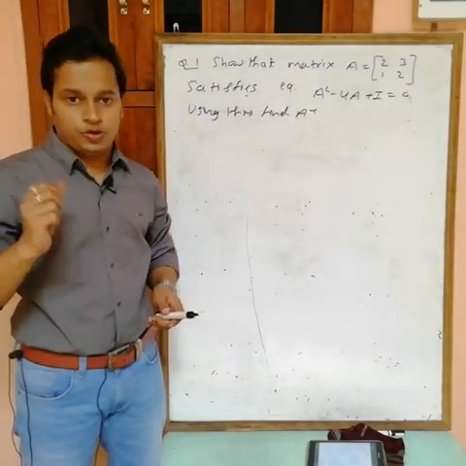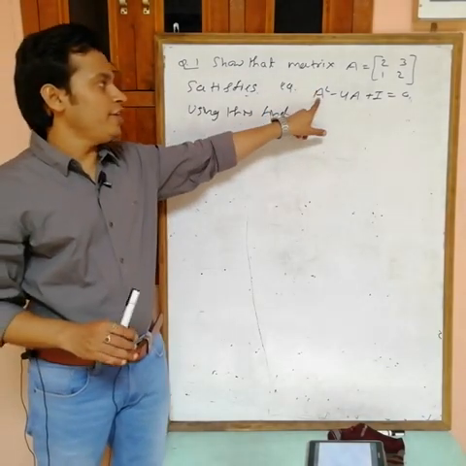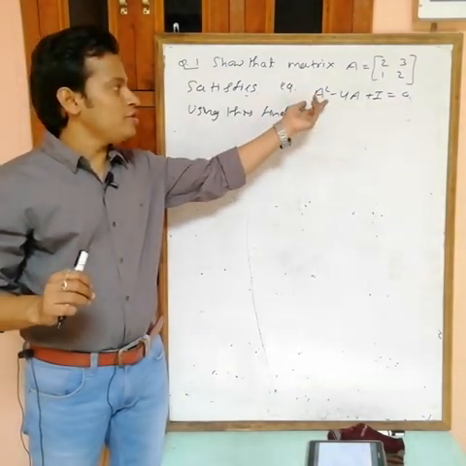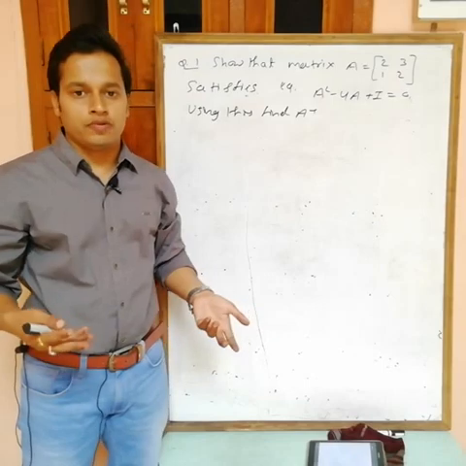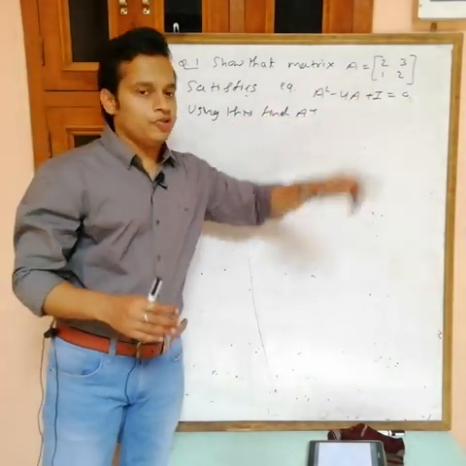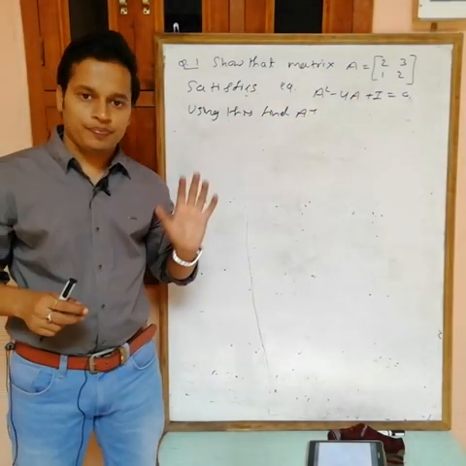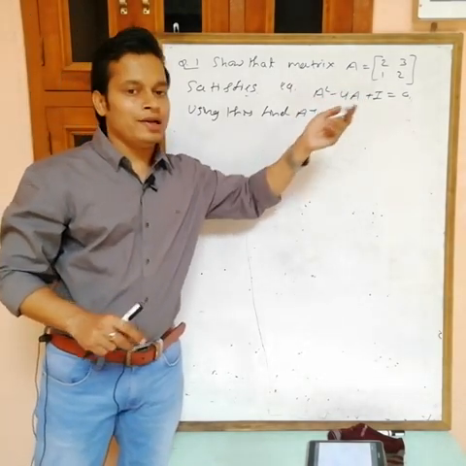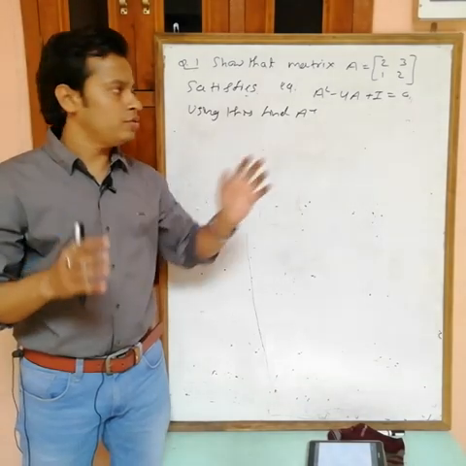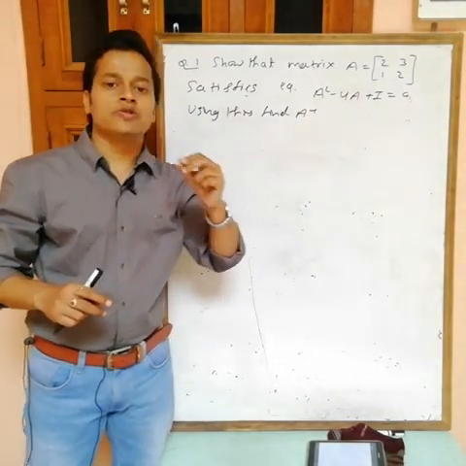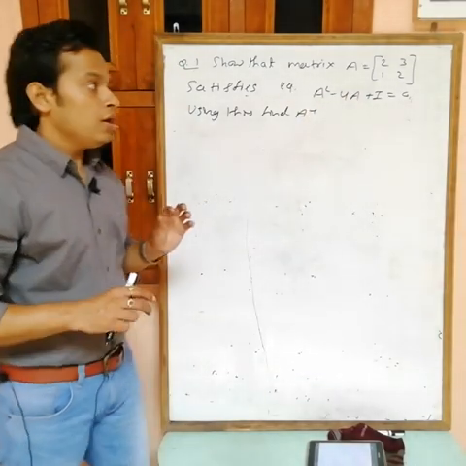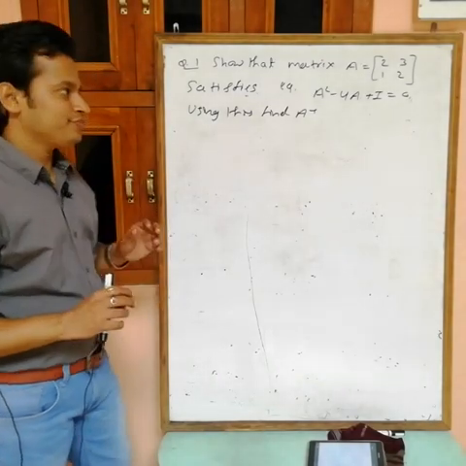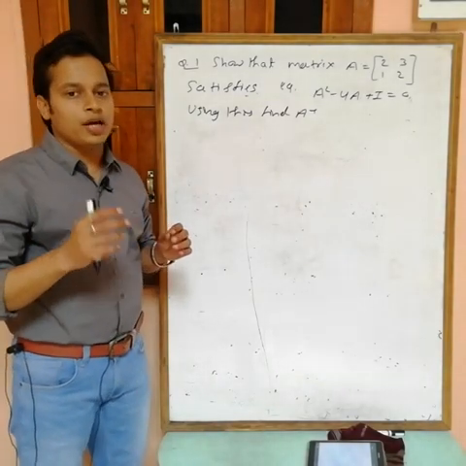Now you have two options to prove this. Either first find A square, and put the values of A square, A and I in this equation. If you have A, then you can find A square by using A into A. Also we have the value of A, so put the values in LHS. You will get that this sum and difference of matrices is equal to the null matrix. This is one option, but now I am using another.